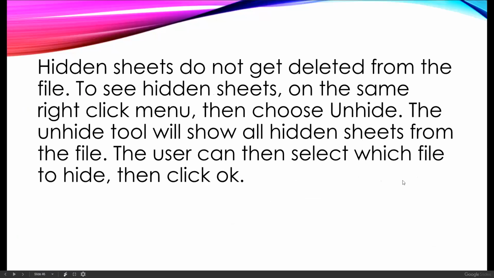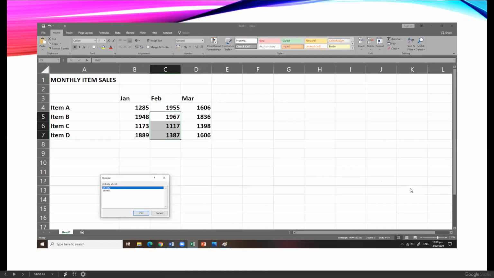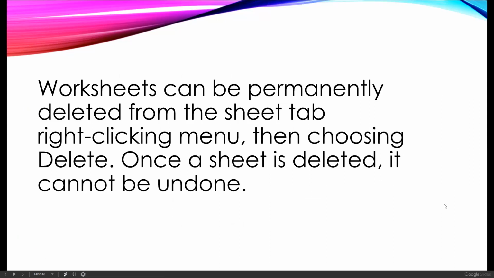To see hidden sheets, on the same right-click menu, choose Unhide. The Unhide tool will show all hidden sheets in the file. The user can now select which sheet to unhide, then click OK. Unhide, just like what we did a while ago. Worksheets can be permanently deleted from the sheet tab